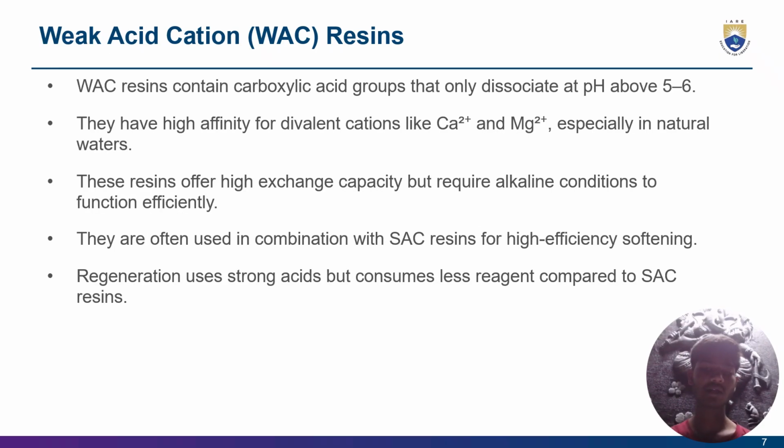Weak acid cation, WAC, resins. They have a high affinity for divalent cations like Ca2+ and Mg2+, especially in natural waters. These resins offer high exchange capacity but require alkaline conditions to function efficiently. They are often used in combination with SAC resins for high efficiency softening. Regeneration uses